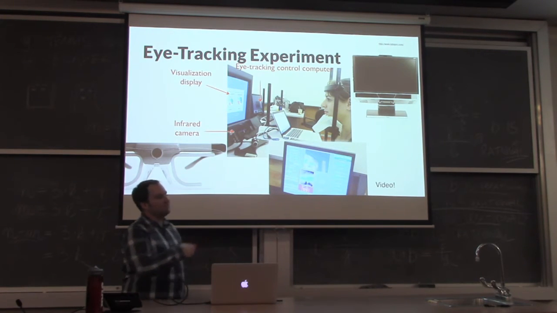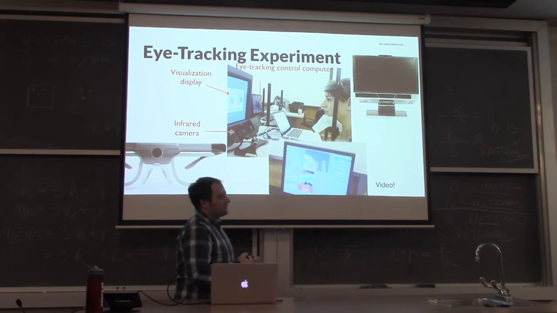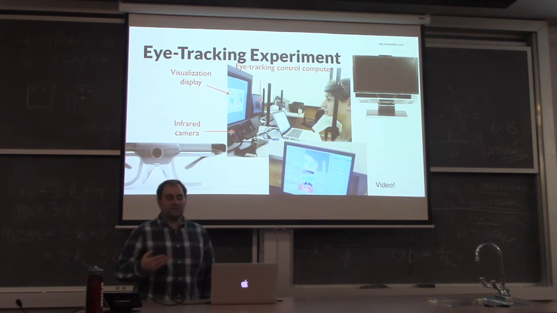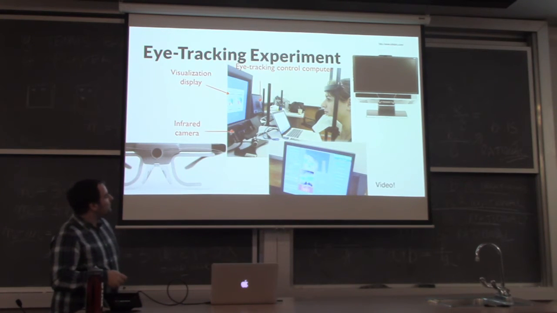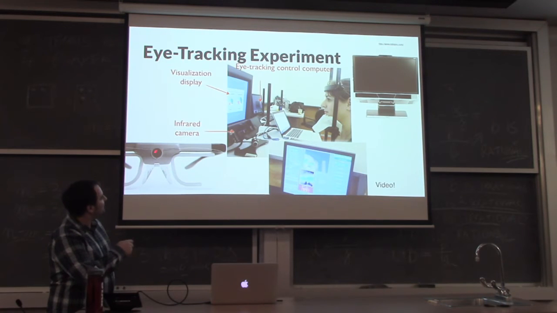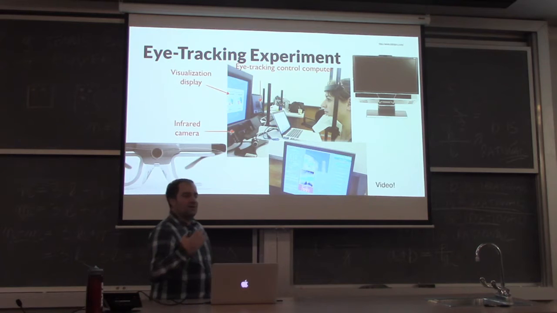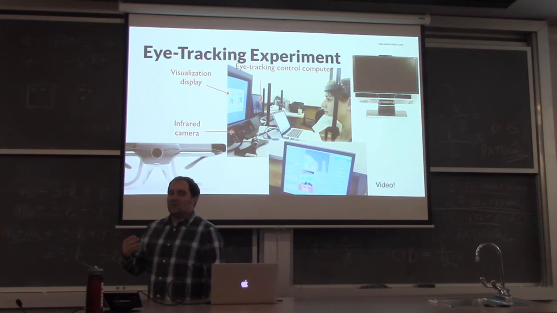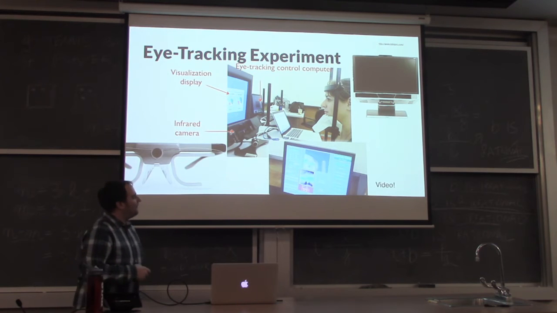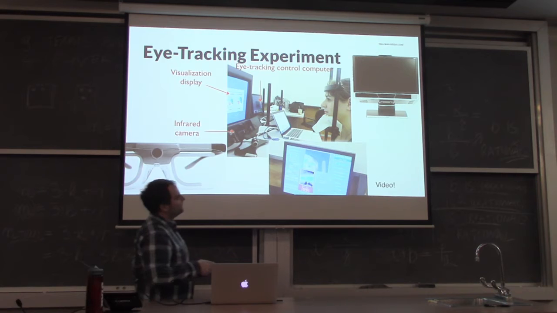And so the classical setup, which is still used in psychology, if it's really about neuroscience, then you would have a headrest in this uncomfortable setting. This is what you would do if you wanted to study low-level visual system properties. But with modern tools like this camera here, or these glasses here, you can actually walk around, and for example, if you're browsing in a supermarket, they will track where you're looking